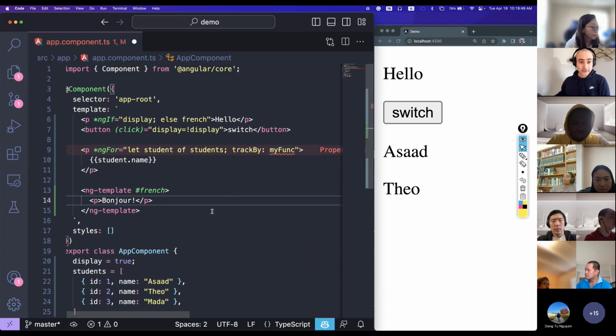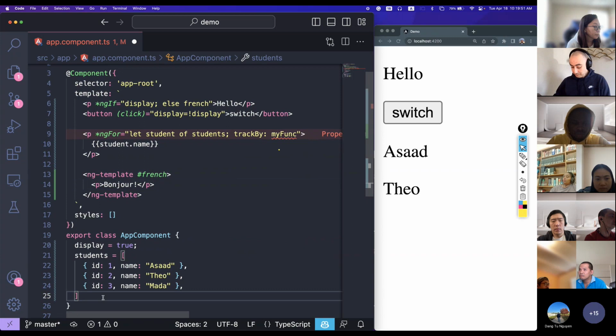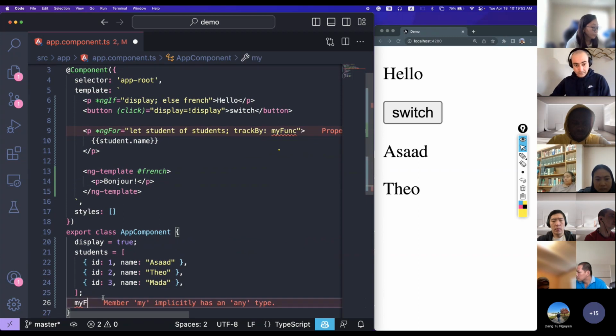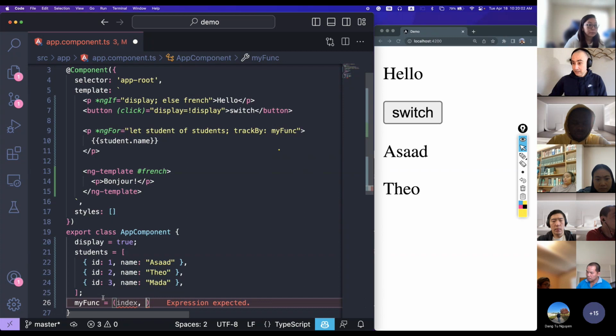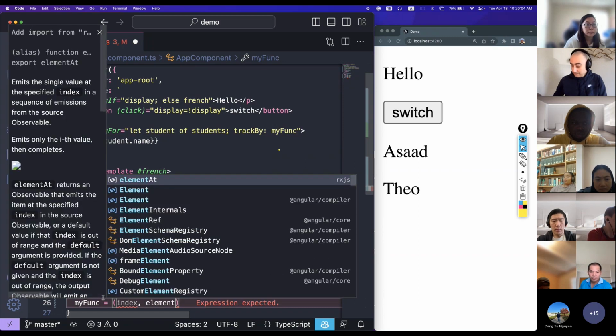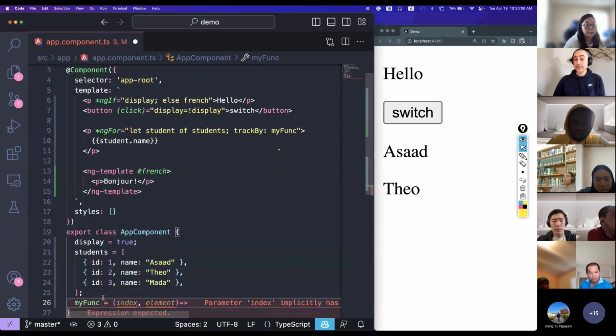Let's define my function. This function is going to accept two values, the index and the element. And it should always return